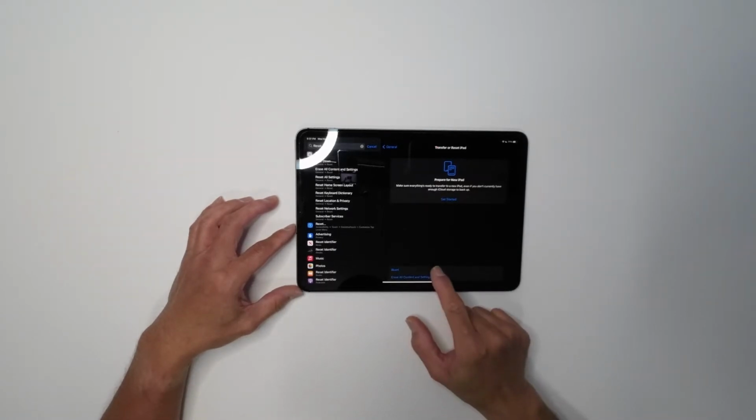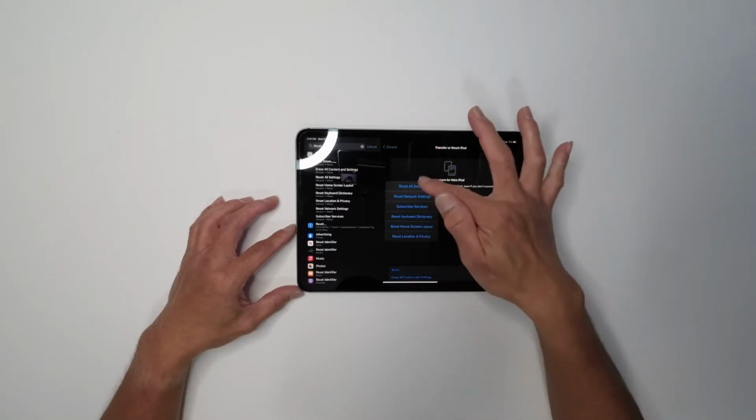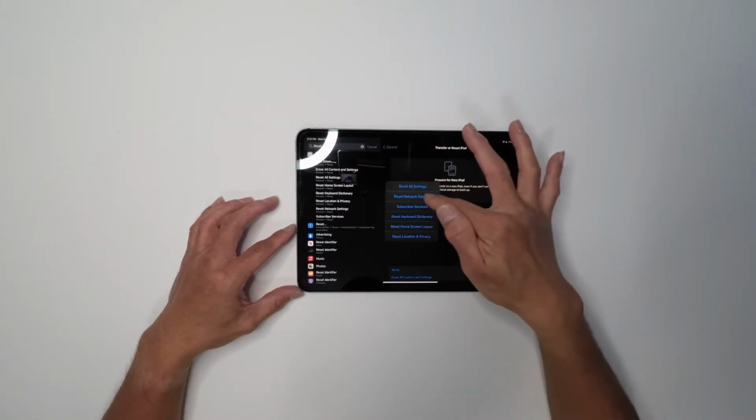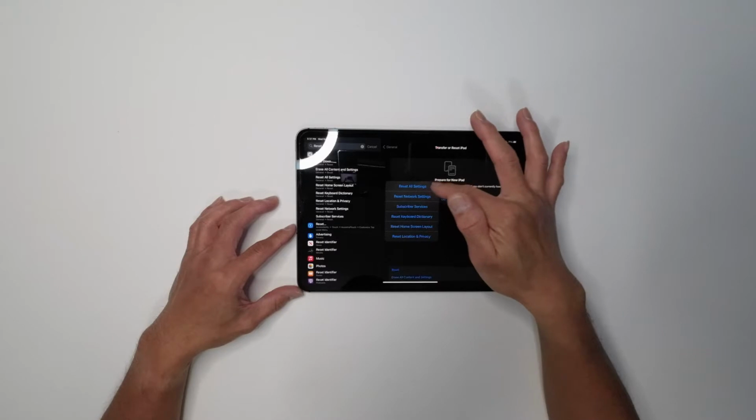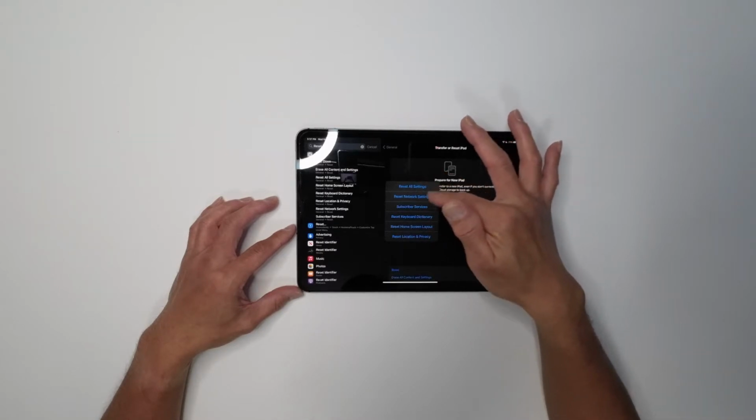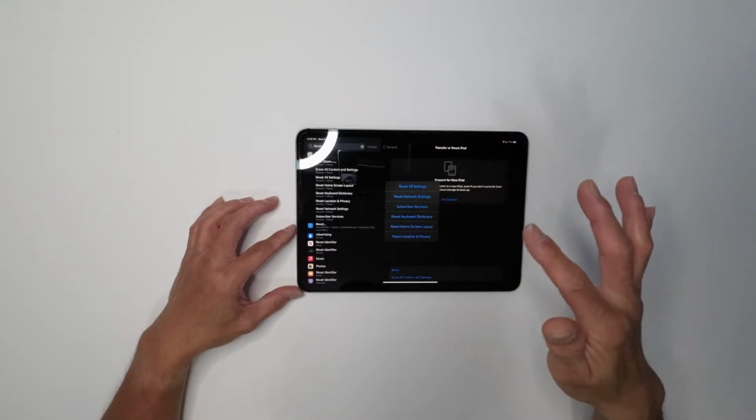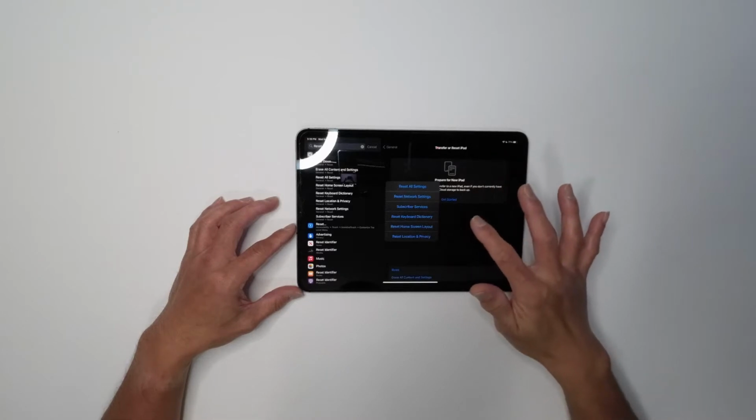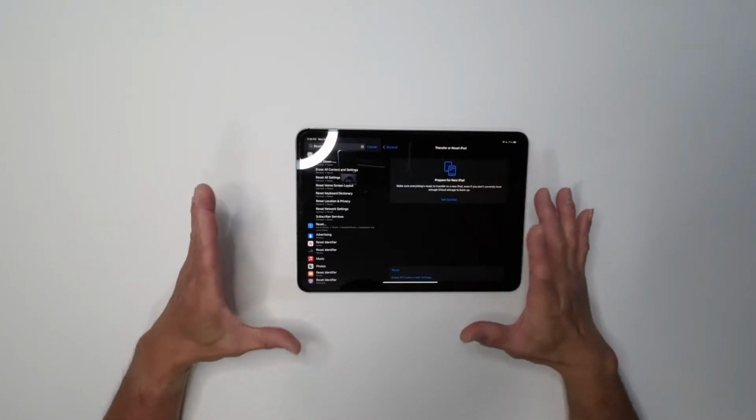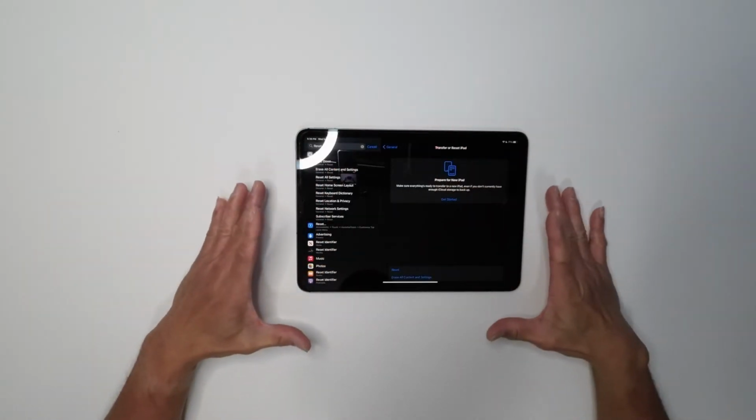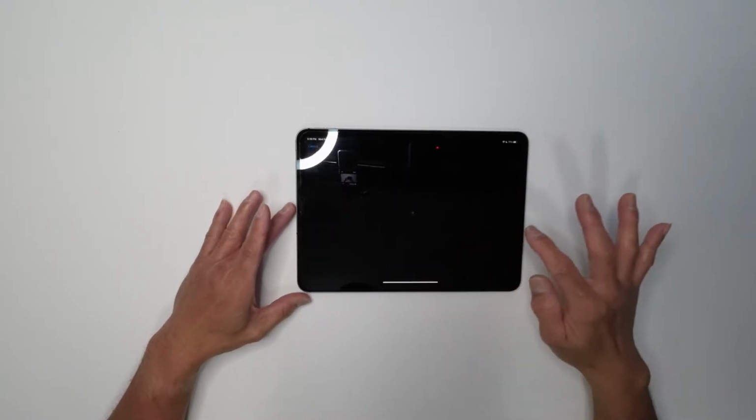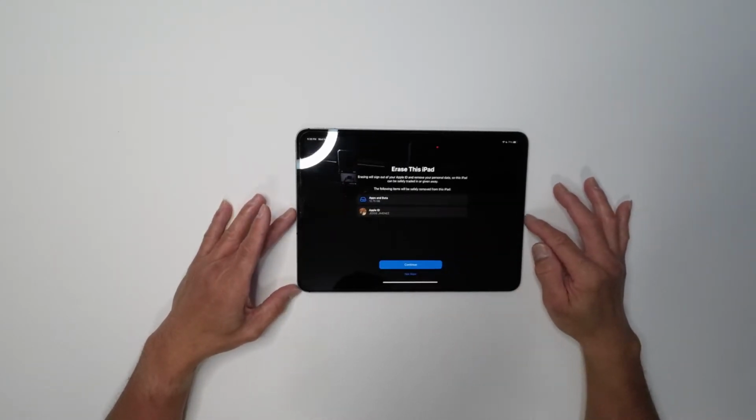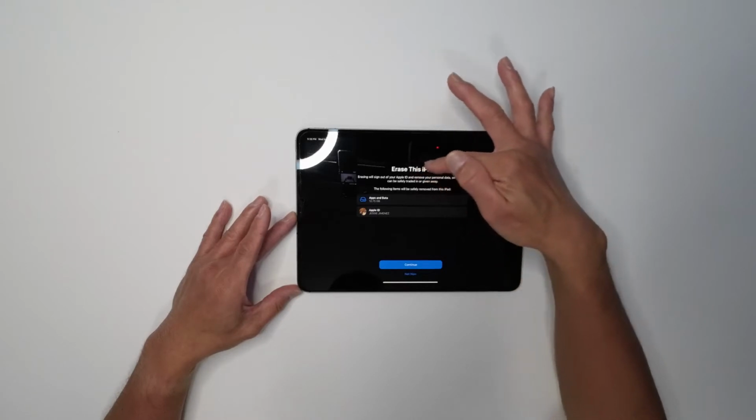So if you press reset all settings, you're just going to reset just the settings or the network or the home screen. You don't do that. If you need to totally reset your iPad, erase all content and settings, press that, and then it will show there